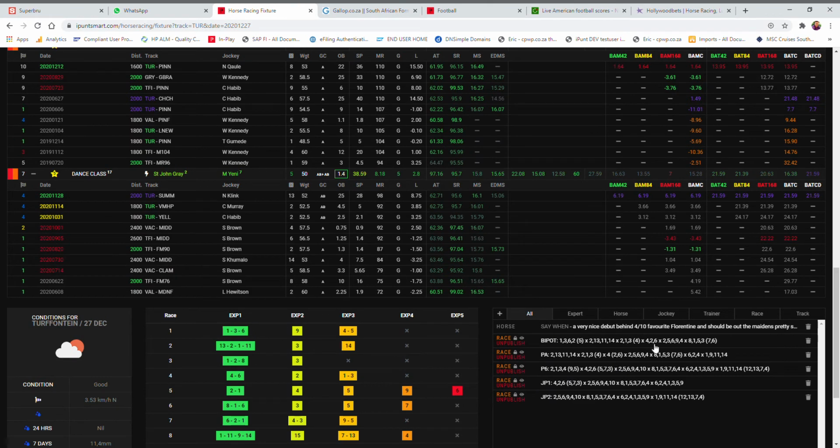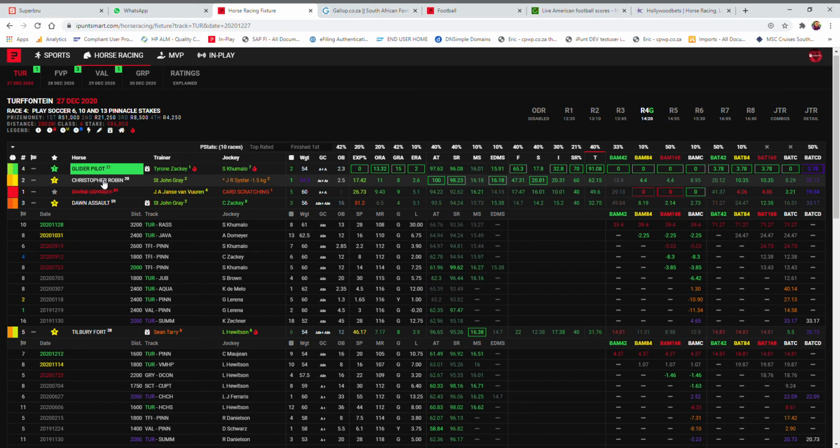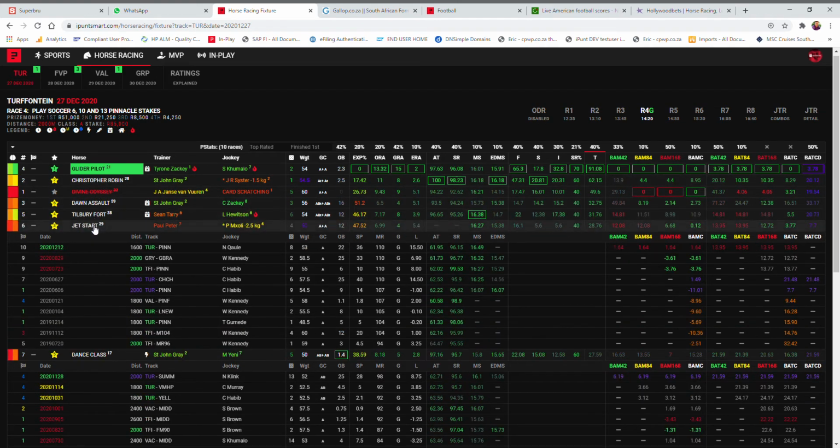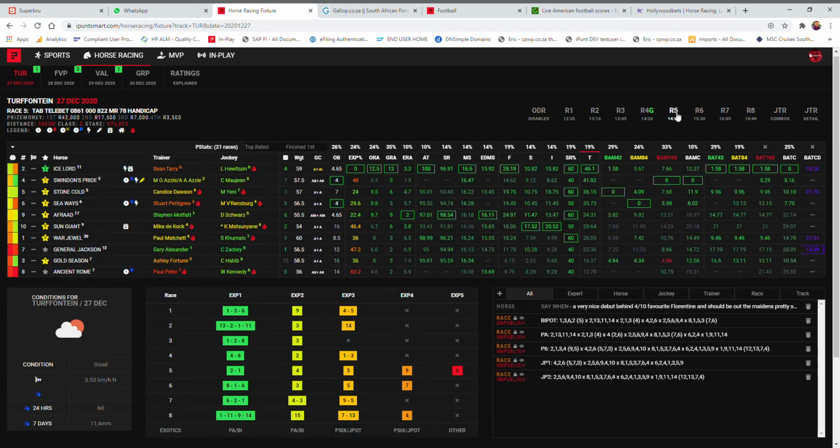What have I done? 4, 2, and 6. Oops, I didn't even have the favorite in my bipods. I only went 4, 2 and 6, and I think actually Glider Pilot is the best chance of a banker in the exotics today. But I went 4-2-6, Glider Pilot, Christopher Robin, and Jet Start, the one I was talking about just now with carrying the 50 kilos. Moving swiftly to the